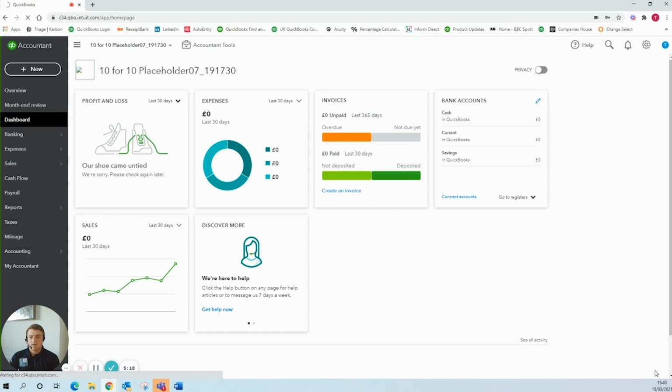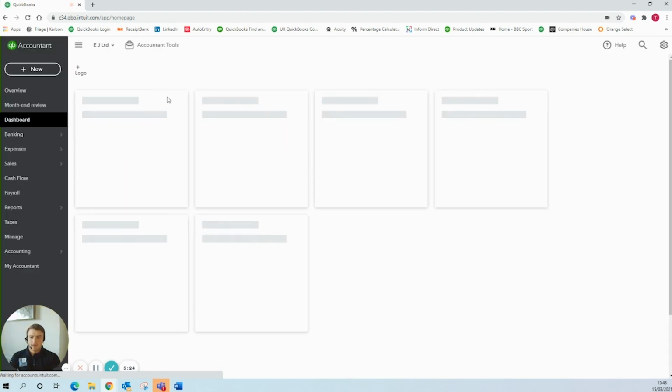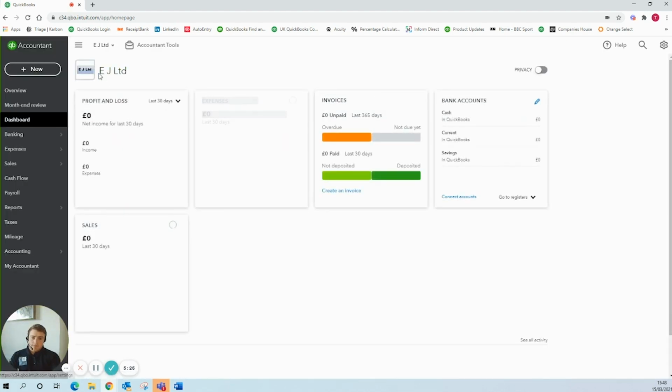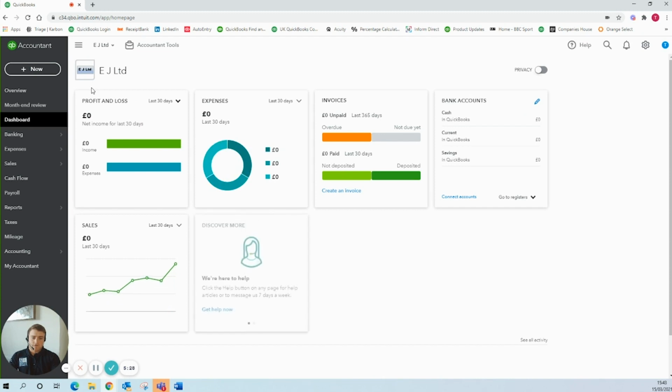So when I press done, we should see our page refresh, and once that happens, we should see our company name and our logo at the top now. So it'll start to look a lot more customized to your account. And the next stage to getting your basic setup is the chart of accounts. So if I go to accounting and chart of accounts,